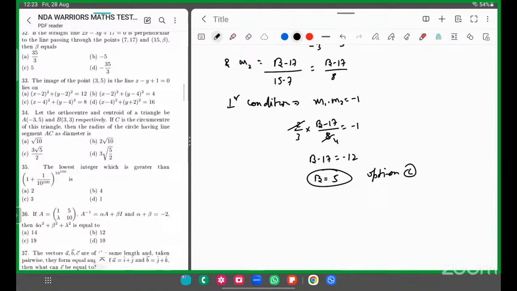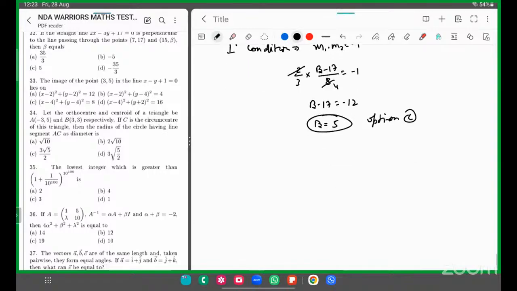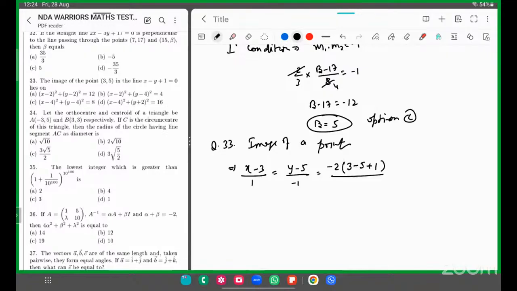33, इमेज ऑफ द पॉइंट दिस ऑन द लाइन दिस लाइज ऑन व्हाट, अच्छा इस पे लाई करेगा इमेज, तो लाई करने के लिए पहले इमेज निकालना पड़ेगा, फिर पुट करके देखना पड़ेगा। इमेज निकालने का फॉर्मूला, क्वेश्चन नंबर 33, इमेज ऑफ अ पॉइंट कैसे निकालते हैं हम, उसका फॉर्मूला है x माइनस x1 अपॉन a, x1 का पॉइंट मतलब 3, कोएफिशिएंट x का 1 हो जाएगा, इक्वल टू y माइनस y1 अपॉन a, दैट इज -1 इक्वल टू -2 इंटू ax1 दैट इज 3 माइनस 5 प्लस 1 अपॉन a स्क्वायर प्लस b स्क्वायर, 1 स्क्वायर प्लस -1।